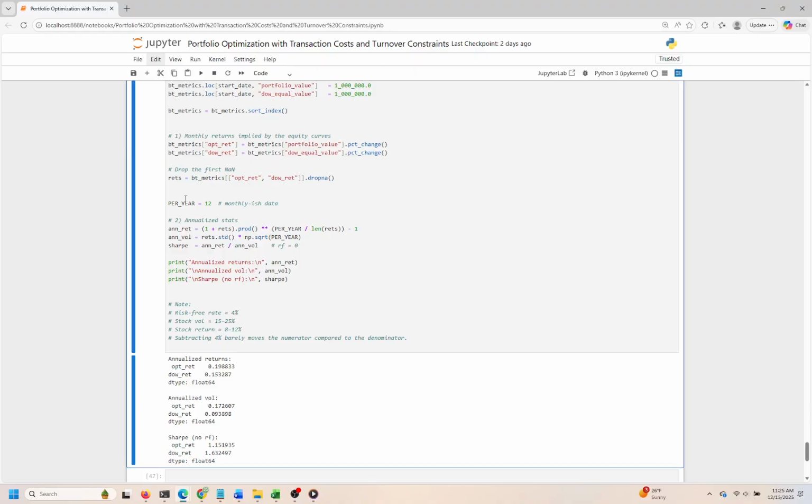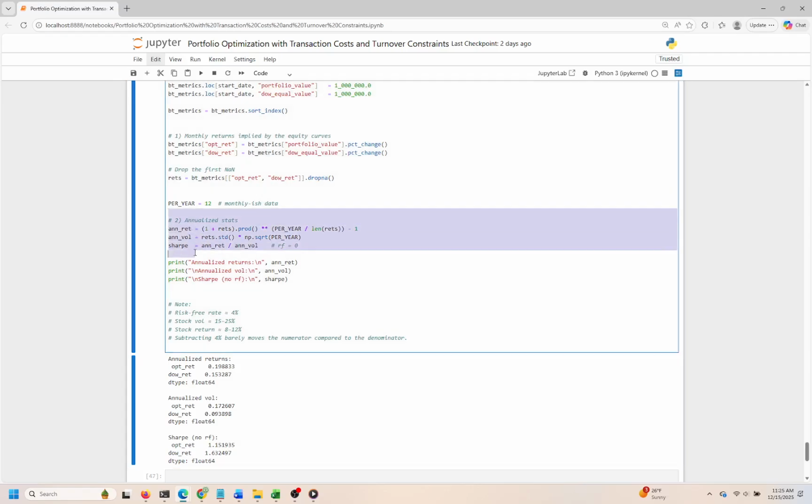Finally, let's calculate some annualized statistics from these monthly returns. We'll use the formula for geometric mean to find the annualized return, which gives us a better idea of long-term performance. We'll also calculate the annualized volatility and Sharpe ratio using standard formulas. This will help us evaluate how our portfolio has performed relative to other investments. These metrics are super important because they give us an accurate picture of our strategy's potential returns and risks over time. Now that we've compared the performance of our optimized portfolio to a simple equal-weighted Dow Jones index, let's calculate